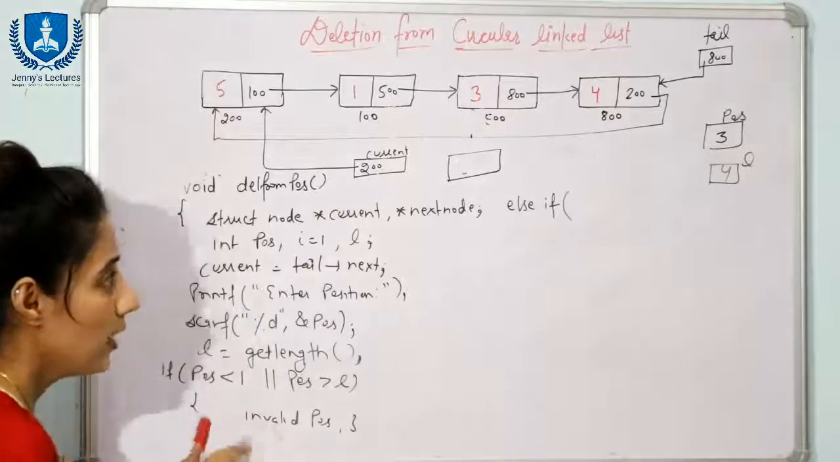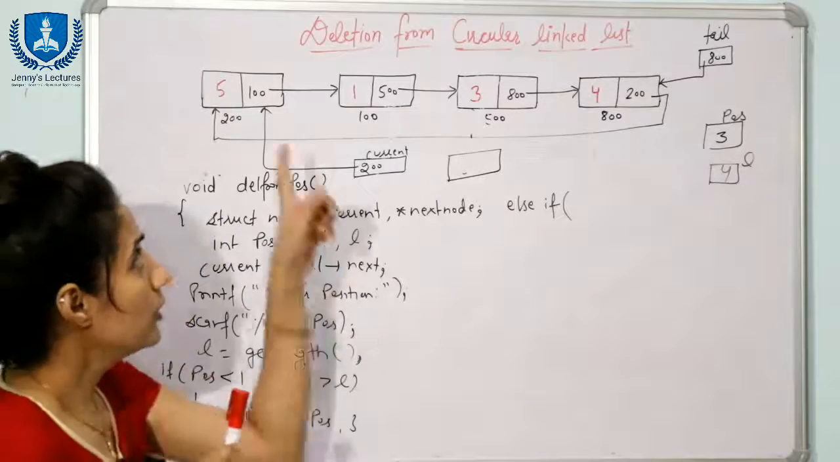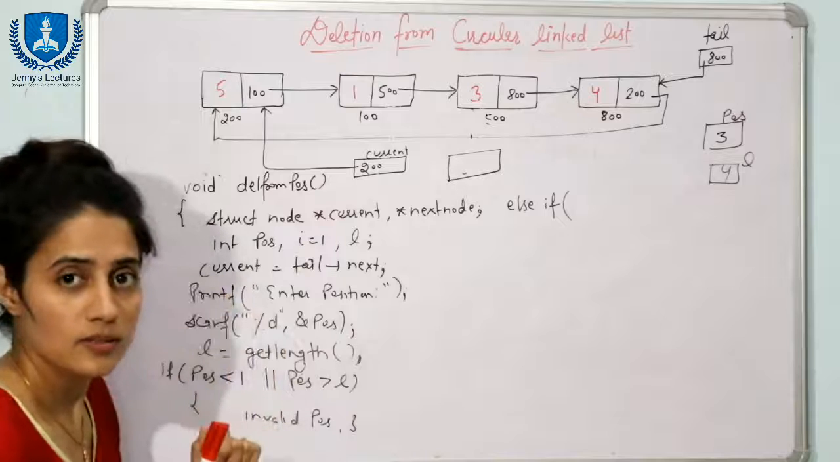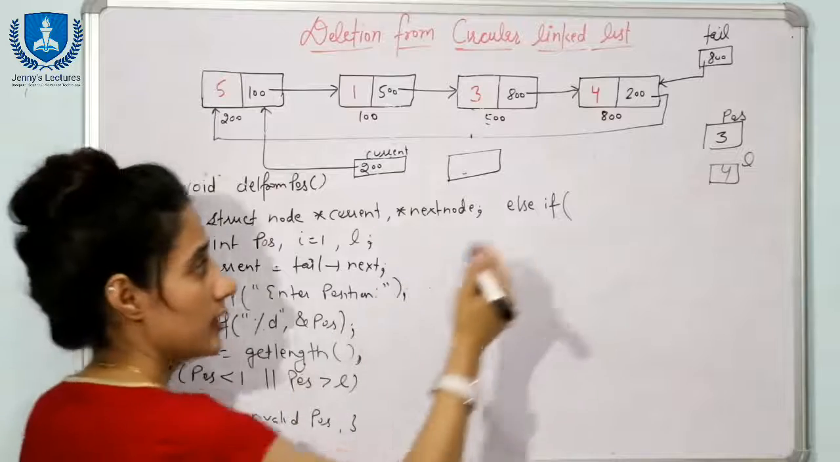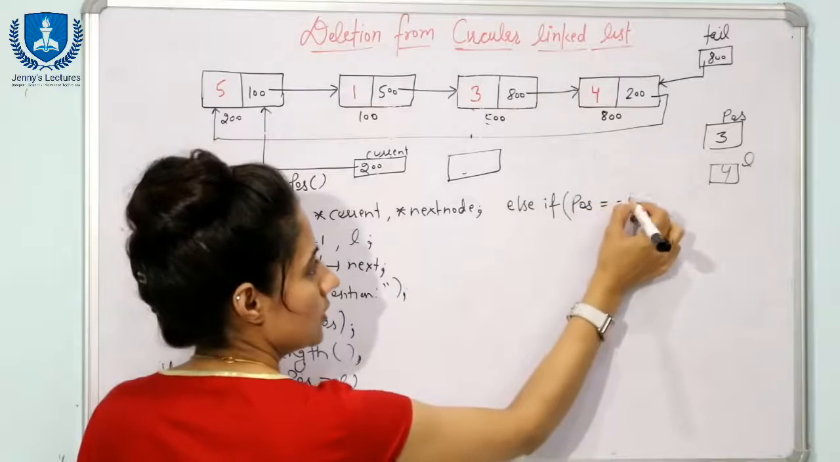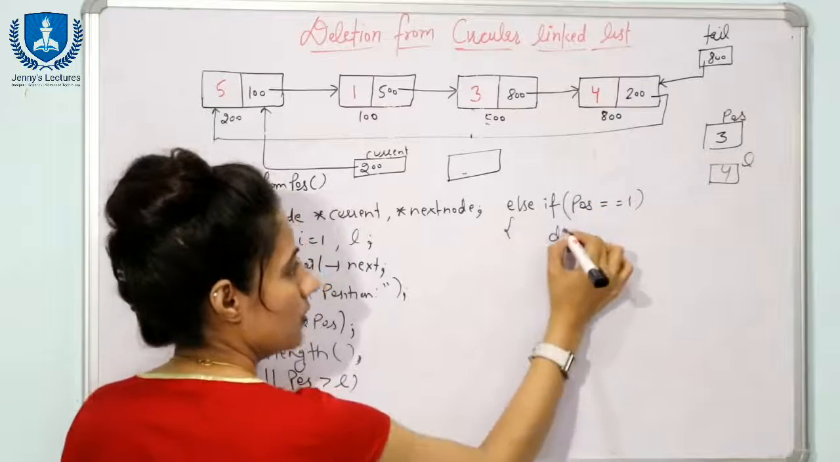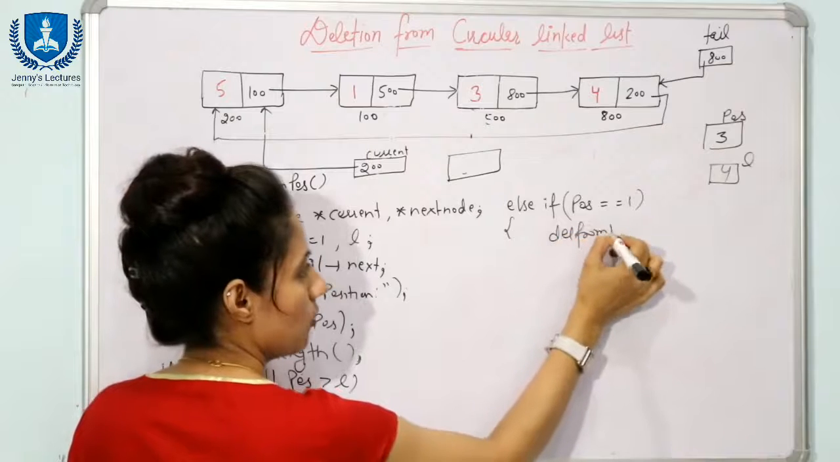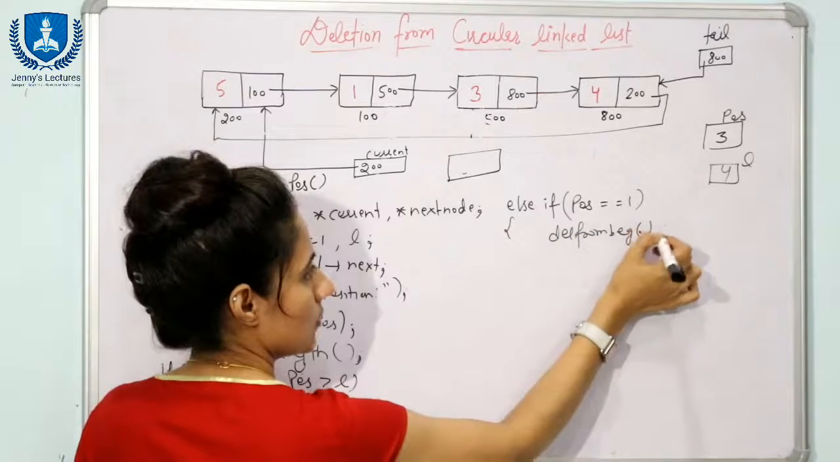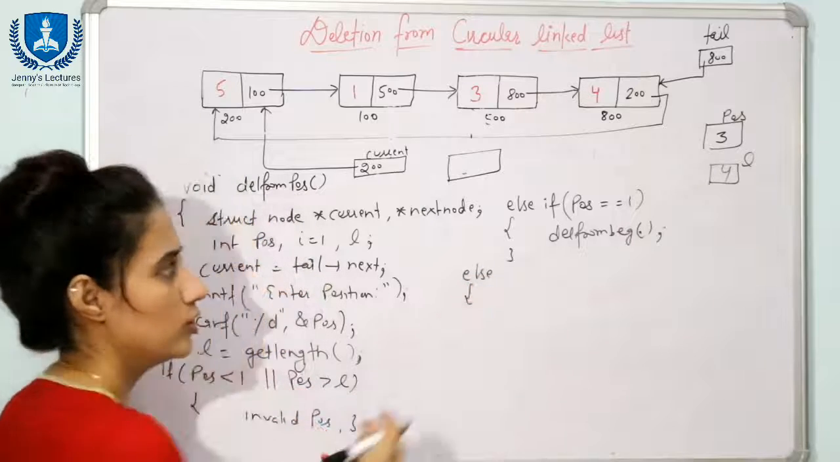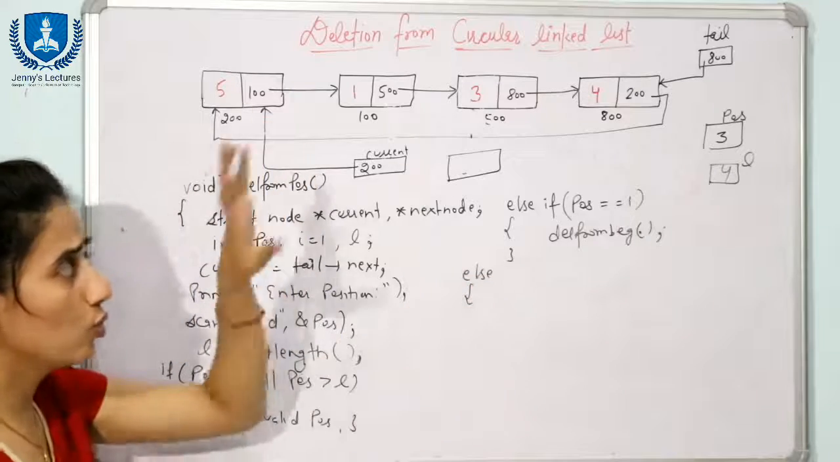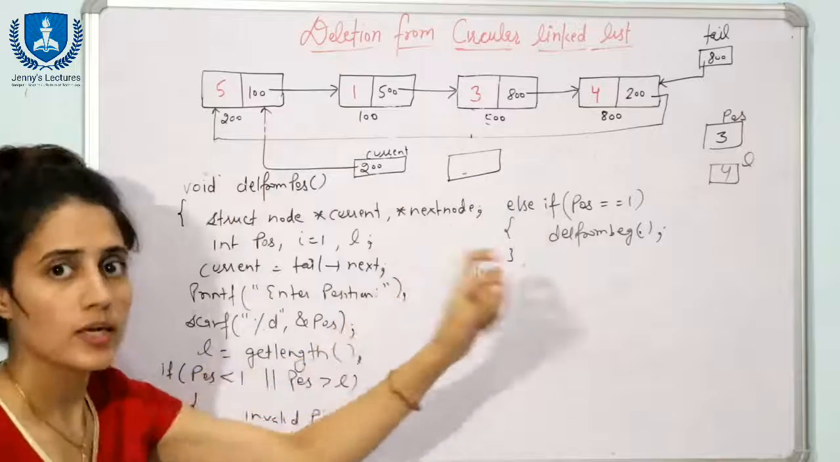again we will check. Now suppose the position is 1, it means you want to delete from the beginning only, right? This is the same as we have discussed in the code for delete from beginning, so you can call that function directly. Else, if the position is valid and the position is not 1, suppose the position is 3,